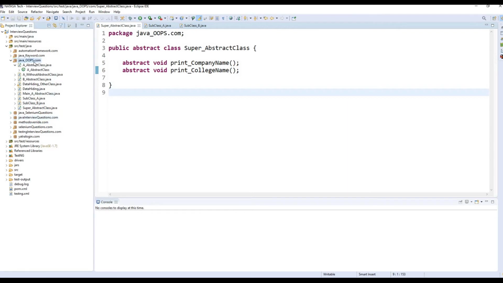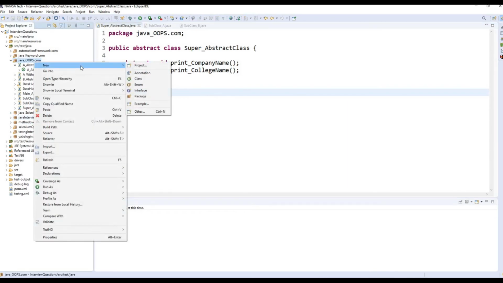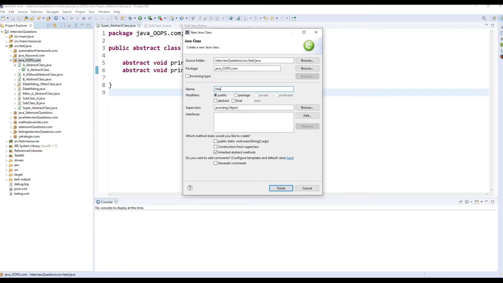Now I'm going to create the main class, because I'm going to run those subclass methods. So what are the methods I implemented inside the subclass? Those methods I'm going to execute inside the main class. Okay, so here I'm going to create the main class, which is the main